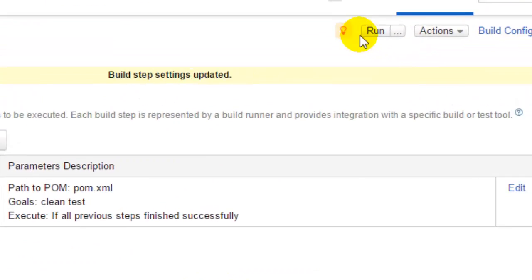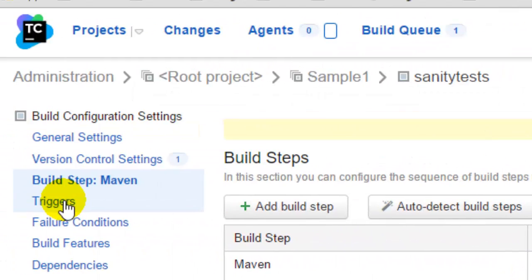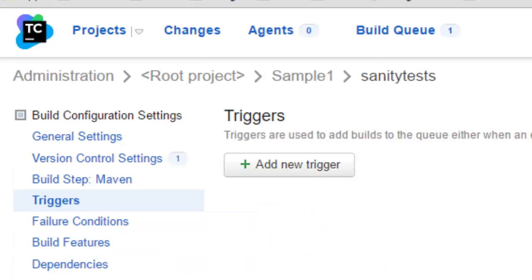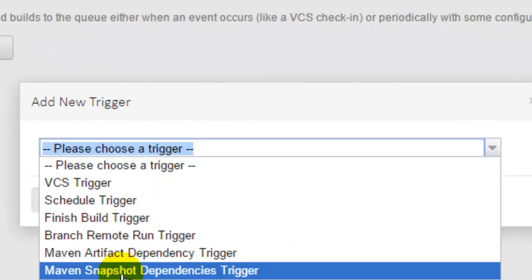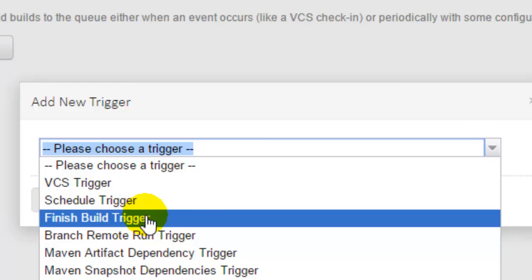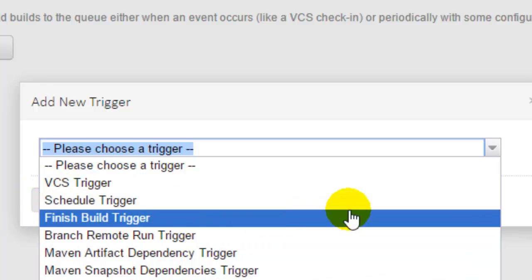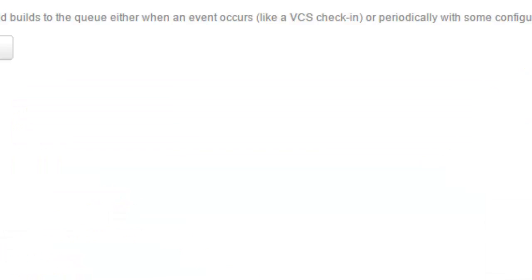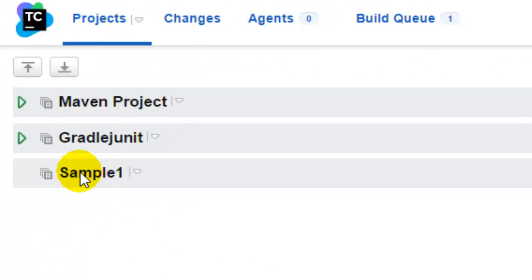You can run this build manually by clicking on this run button, or you can also set up triggers for this particular build using this triggers link. There are different types of triggers like schedule trigger, VCS trigger, finish build trigger, etc. Normally people use VCS trigger or schedule trigger, which runs the tests at a particular time. Once the build configuration is done, go to the project, and then here you